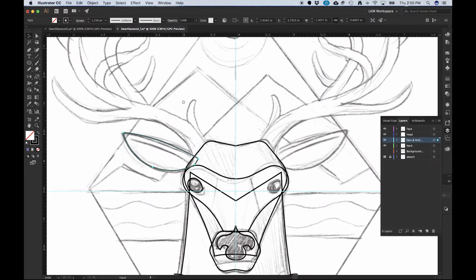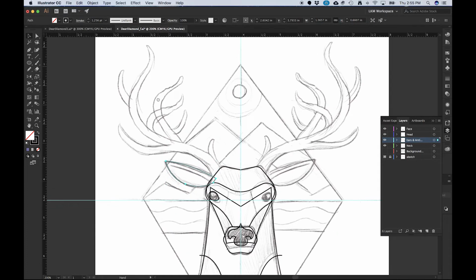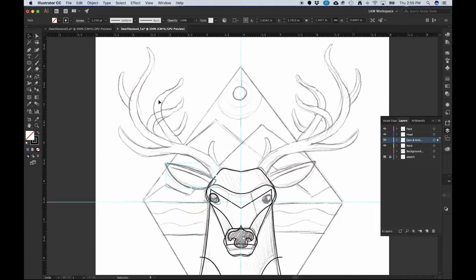The antlers. We're going to explore a whole different method, and a method I think is easier, and plus it gives me the opportunity to introduce another really awesome tool in Illustrator for you, and that's the width tool. Instead of drawing each side of these antlers and trying to get that perfect thick to thin, because antlers naturally are thicker closer to his head and thin on the ends and branch out, kind of like a tree,